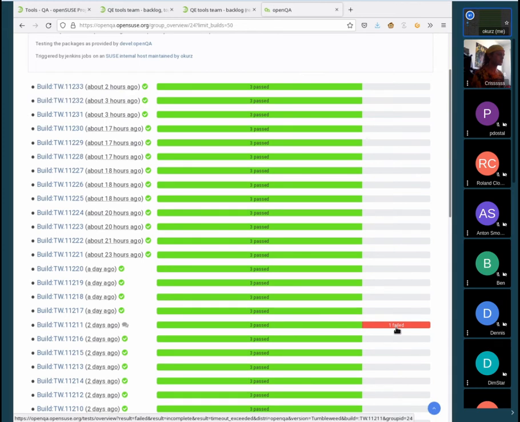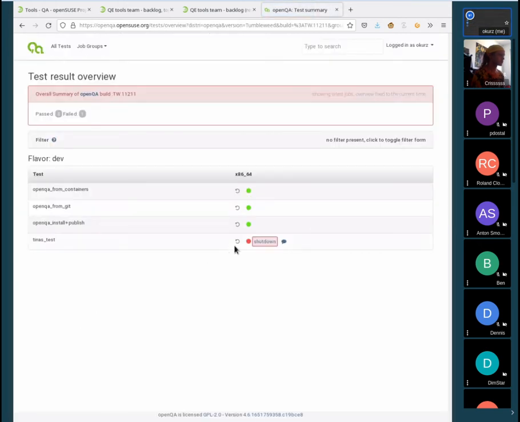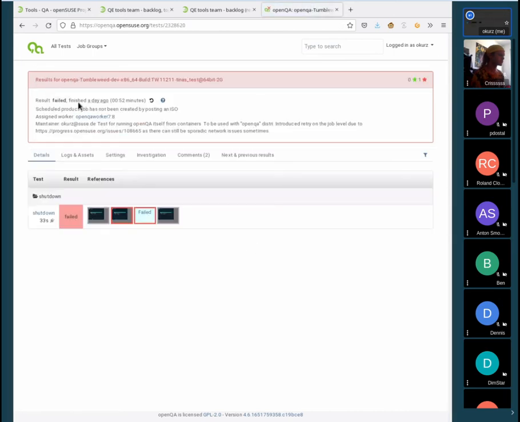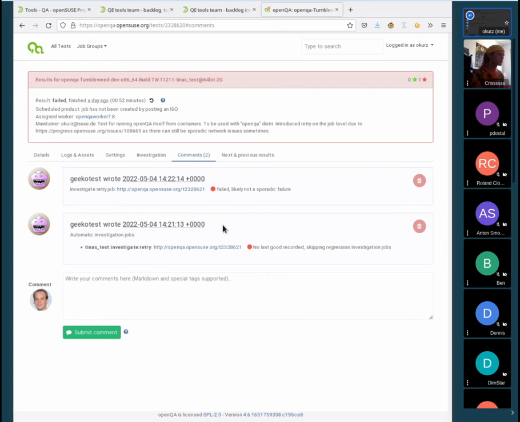So here we can see that there's an additional result. It's not part of the normal production tests. And so we added a fake failure test for notification. You can see it says Tina's test. Tina Müller did the main parts there. It's a test that only does the shutdown when actually we haven't yet booted the system. Of course, it will fail. It will fail very soon. This is what we wanted to have. And of course, we see openQA investigate doing its thing to say, oops, there's something failing. There's no label yet. It's a new failure.